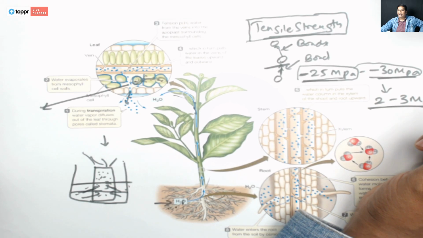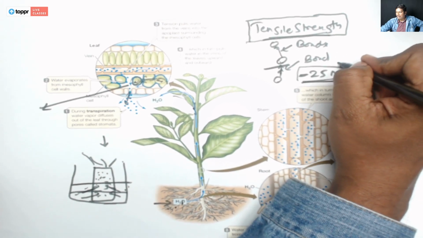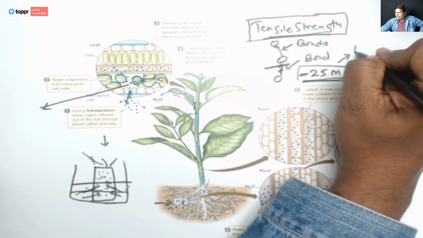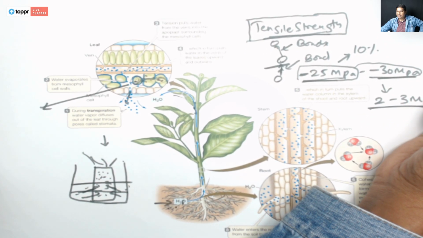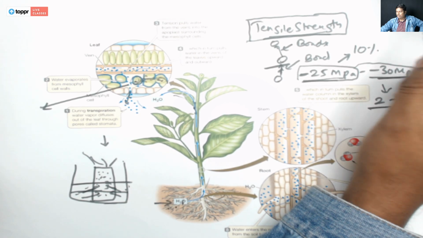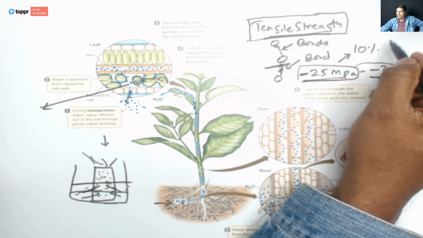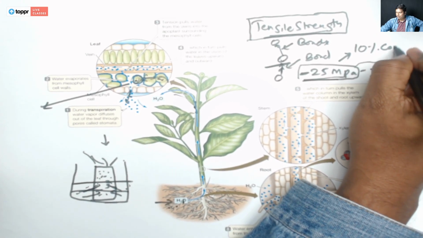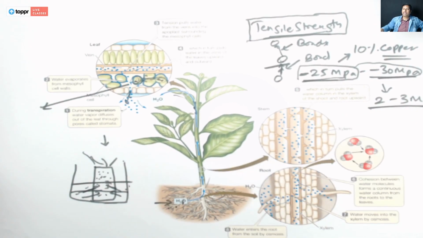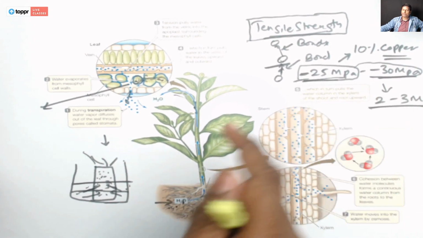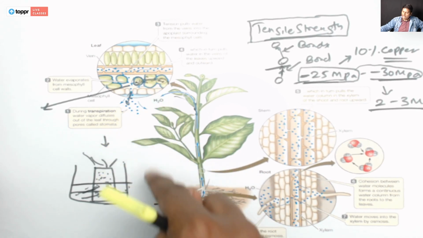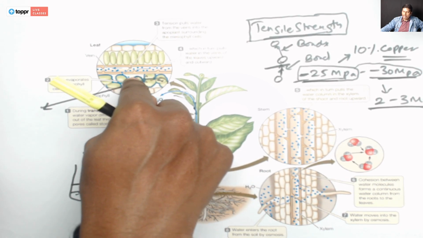It is very excellent. If you compare this tensile strength with copper, the tensile strength of water is 10% of the tensile strength of copper. So water is that good, because of which the continuous stream is maintained, and because of this continuous stream, your evaporation